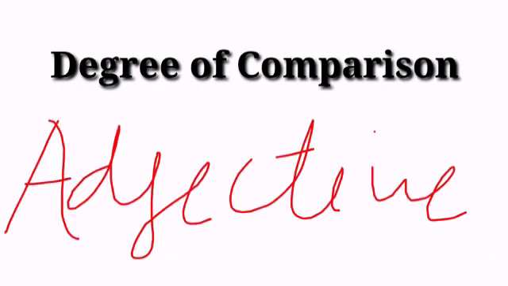This is the fourth chapter of the Fun with Grammar book. In the previous chapter I taught you adjectives. So in this chapter we will know more about adjectives and their degrees.